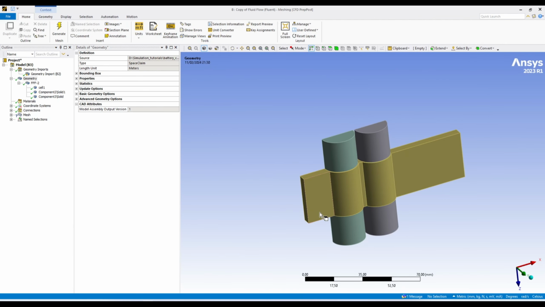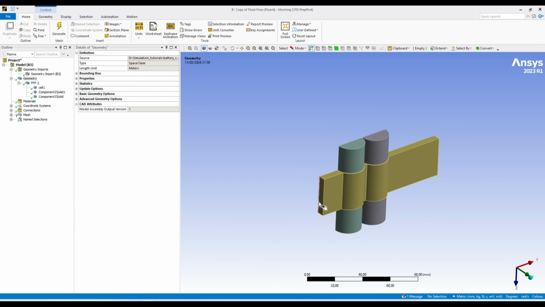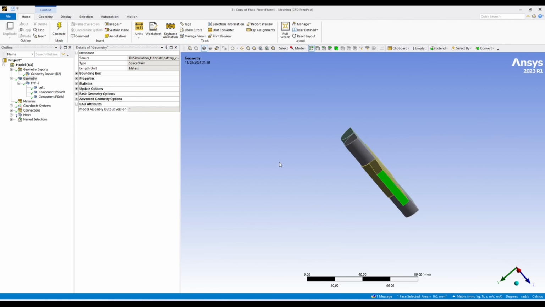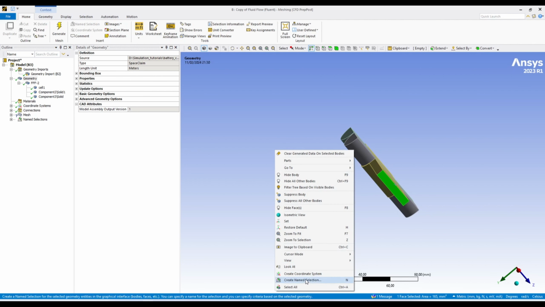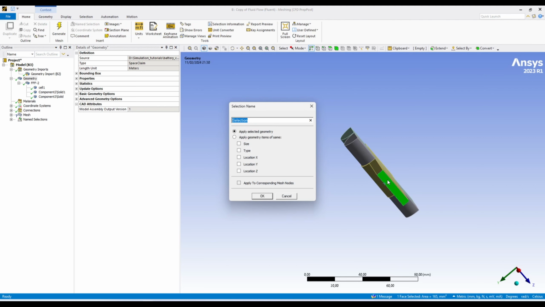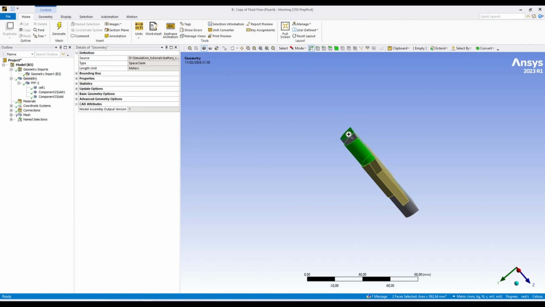Here is our geometry in Ansys meshing. First, let's assign some names so that we can take the benefit of named selection in meshing. So this one would be our inlet, and I will be giving the name mesh flow inlet. This one is our outlet. I'm using a shortcut for the named selection. You can do it by right clicking, and here is the named selection, or you can press N, as you can see over here. I use this shortcut normally, and that is our outlet. Let me hide these two,